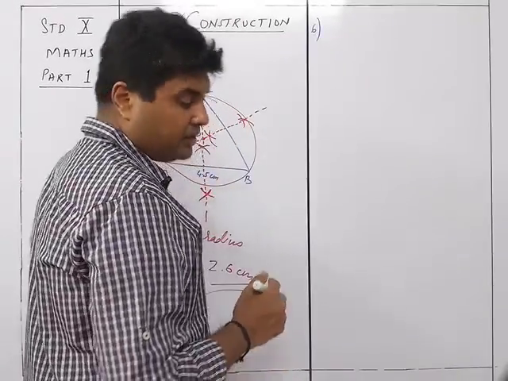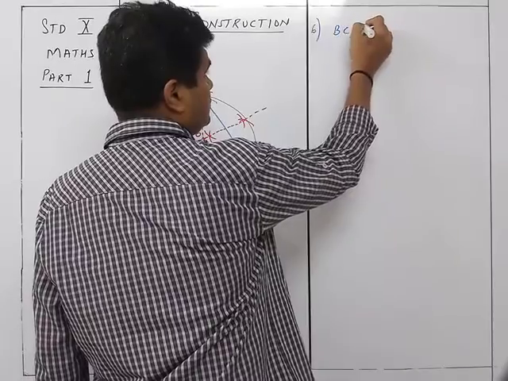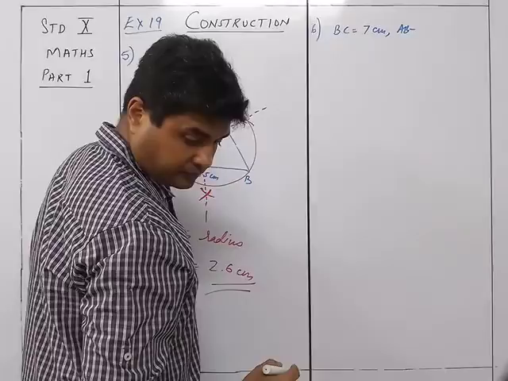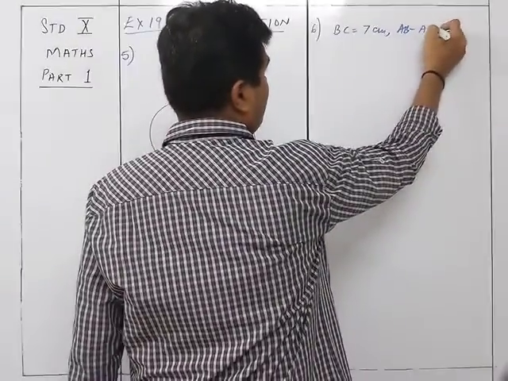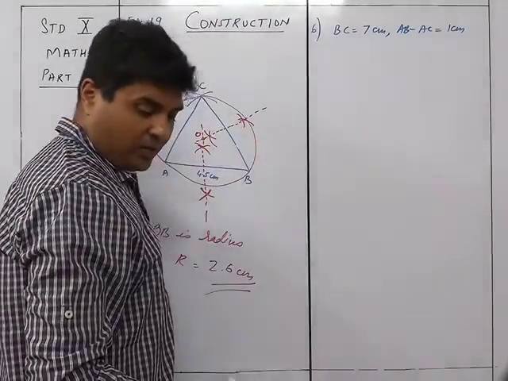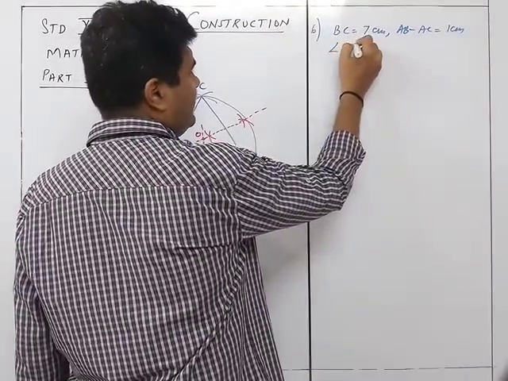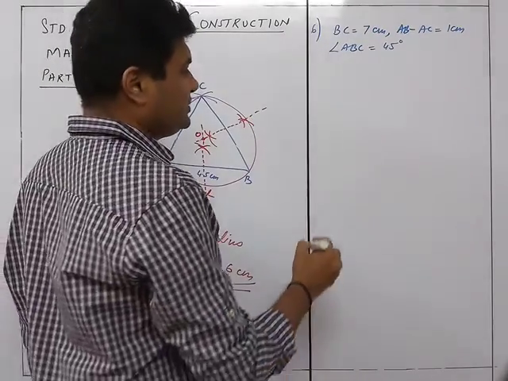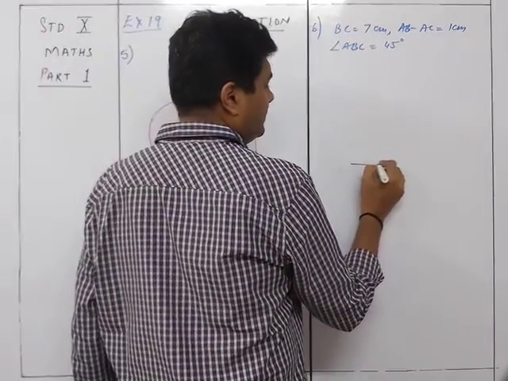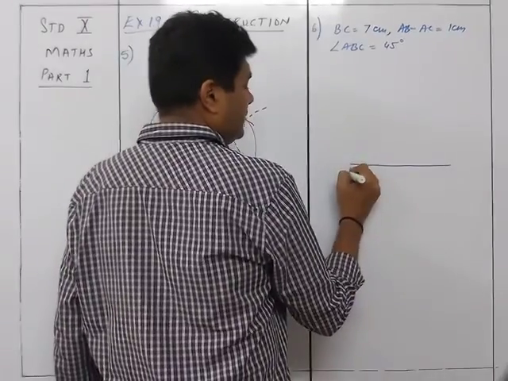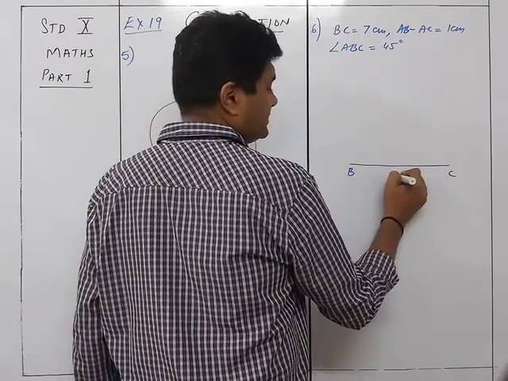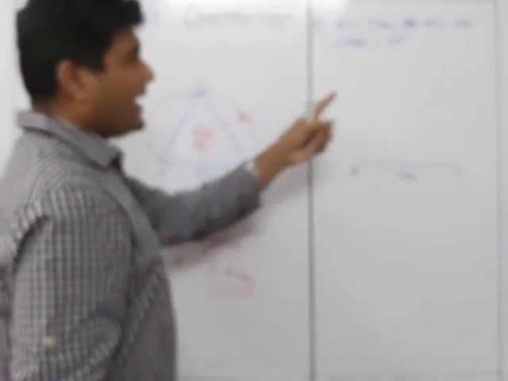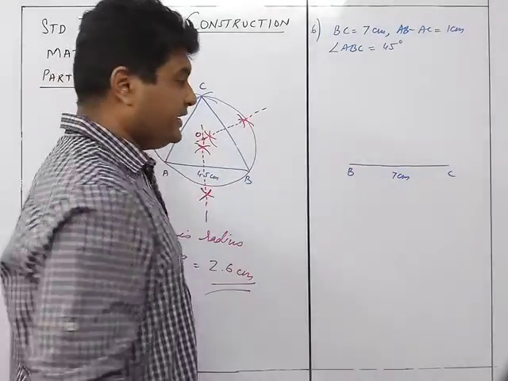So what you are given over here is that BC is equal to 7 centimeters and AB minus AC is equal to 1 centimeter. Now this is a tricky one, and you are told that angle ABC is equal to 45 degrees. So what we do over here is, first of all, we draw a line BC equal to 7 centimeters. Okay, BC is 7 centimeters. Now, angle ABC is given as 45 degrees. So you are going to draw